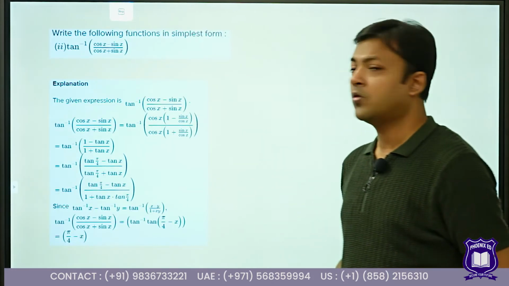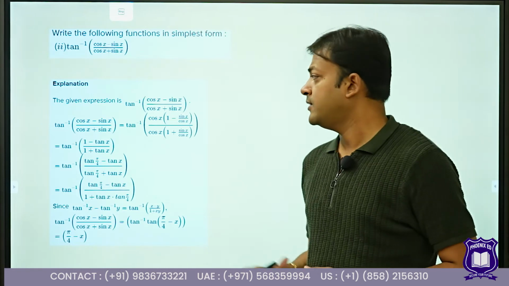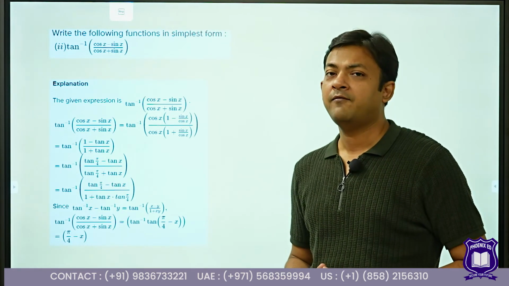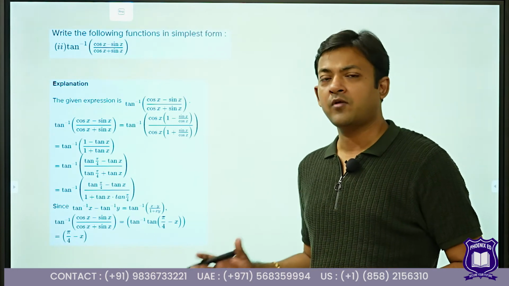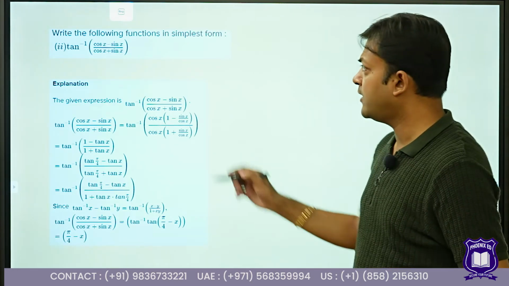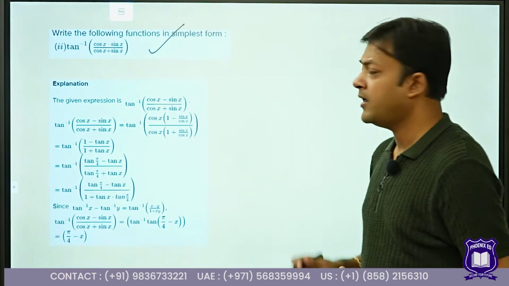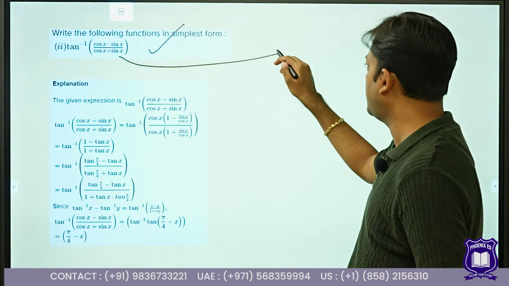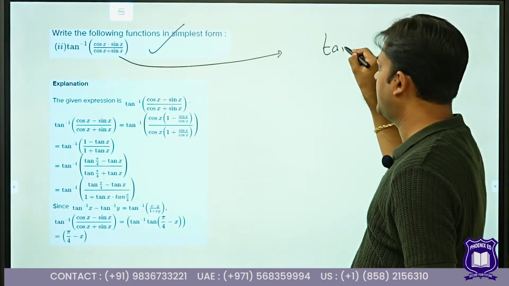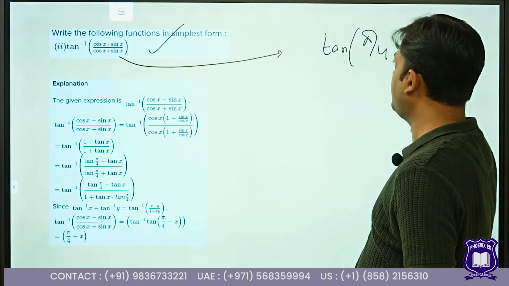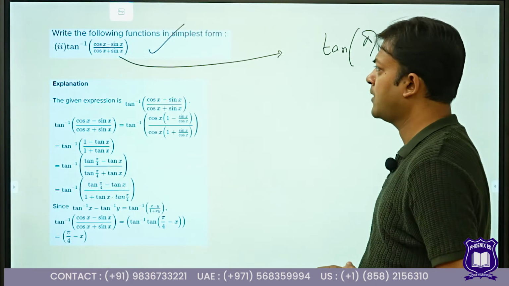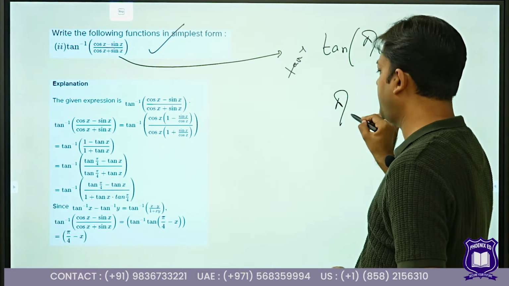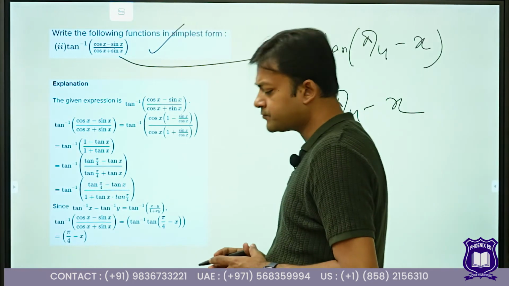So as you might have noticed in the previous few problems, these substitutions, the tricks that I had told you at the beginning of the class, will be extremely helpful in solving these problems. Let's take a look at this particular problem. If you remember again, at the beginning of the session I had told you this expression can be simplified as tan of pi by 4 minus x. Now we need to calculate tan inverse of this, hence the value pi by 4 minus x.